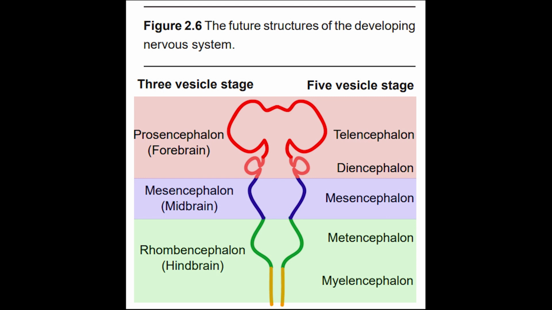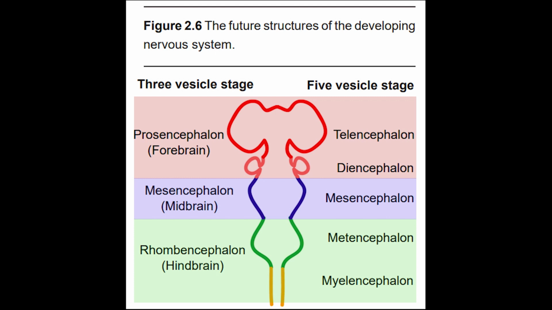Early in development, the neural tube has 3 distinct compartments. At this time, the undeveloped nervous system is appropriately called the 3-vesicle stage. 1 week later, parts of this progenitor nervous system divide, and this becomes the 5-vesicle stage. The names of the 5 vesicles can be used to describe either the stages through development or a grouping of structures that eventually form in adulthood. From posterior to anterior, they are